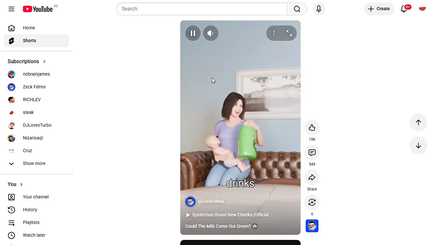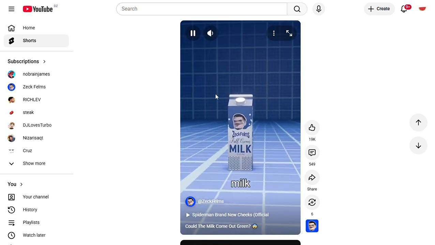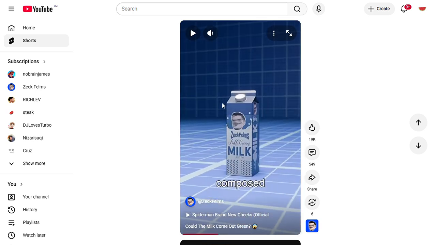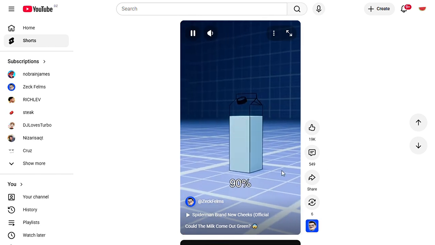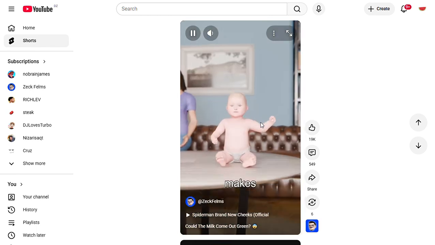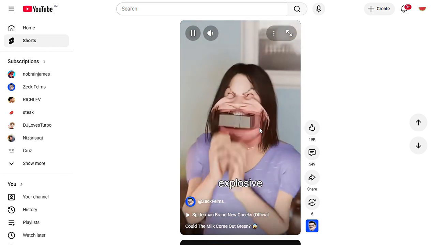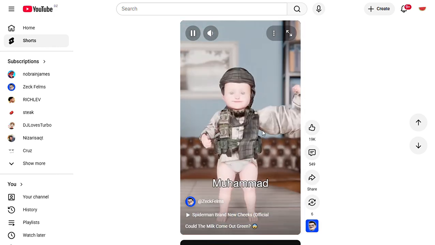If the young mother drinks a lot of matcha tea, could the milk come out green? You see, breast milk is composed of 90% water. The rest is made up of lactose, fat, and protein, and it makes the newborn strong. So if the mom eats C4 explosive, her baby could become a...